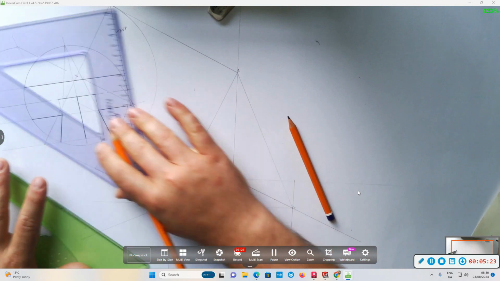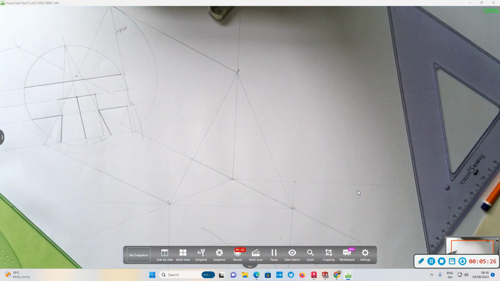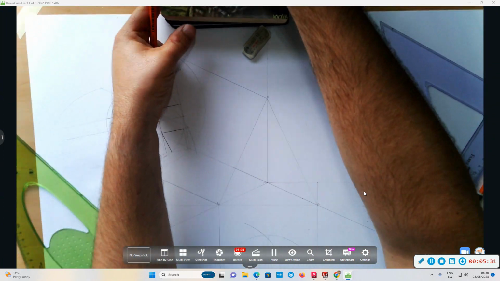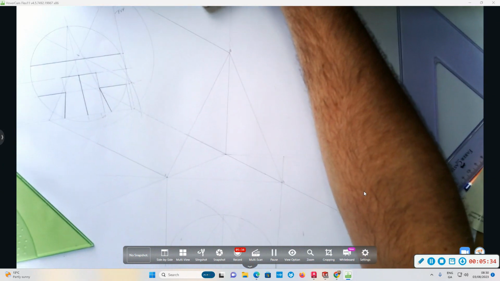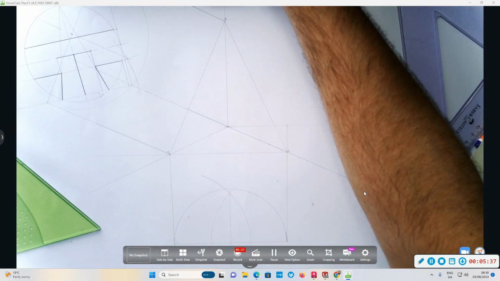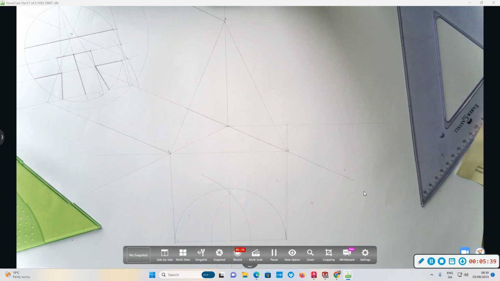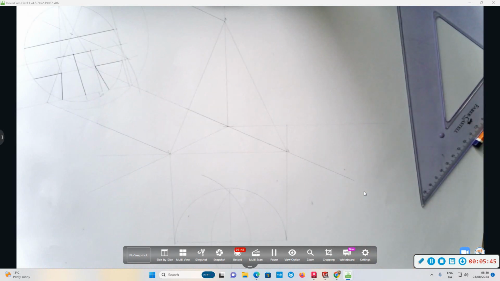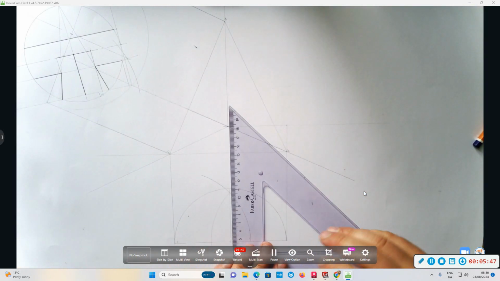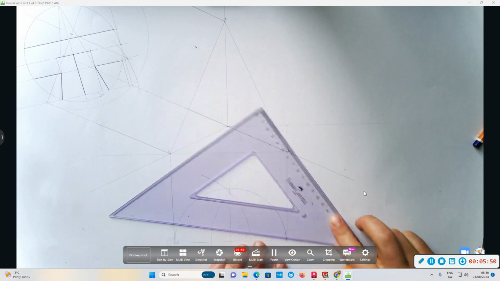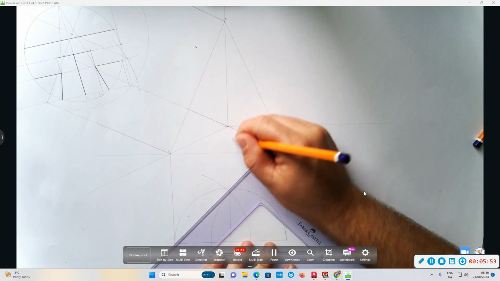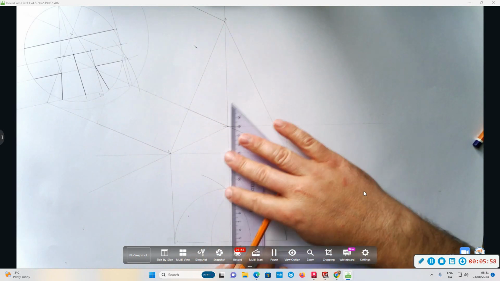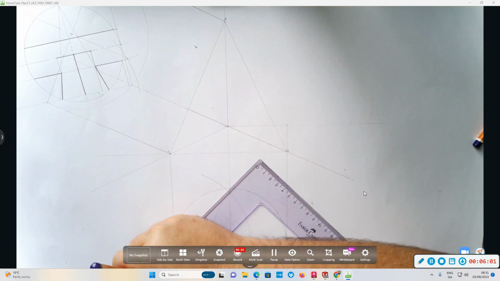Now, we're going to start our plan then. I have a little bit to do there on my plan that I didn't do the last time, sorry. I'm going to mark it in now. Just for completing the orientation of the plan, we need to extend the y-axis down, which is up from our center, and where it intersects the semicircle, we're going to join to the end points of the diameter,